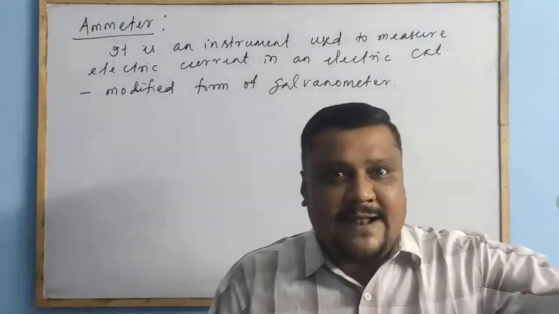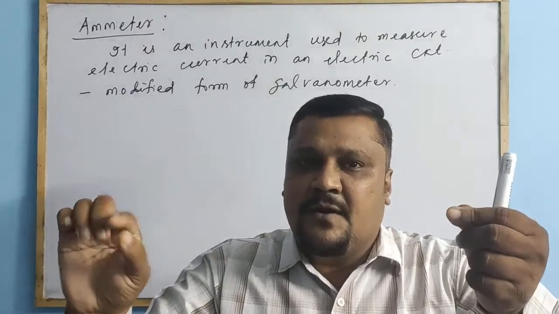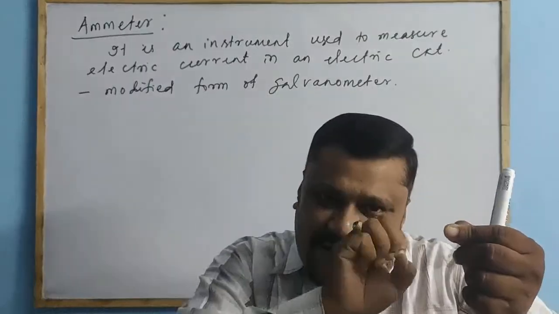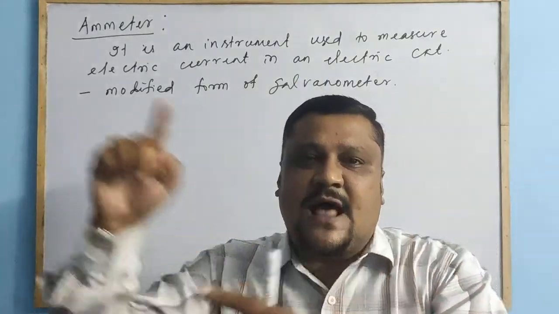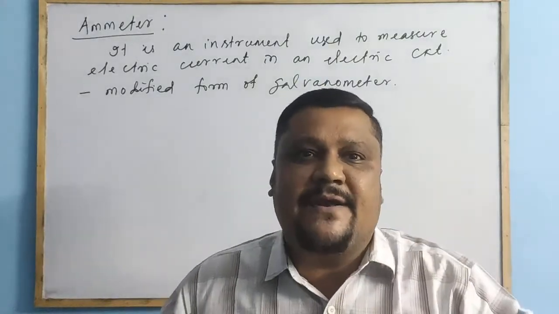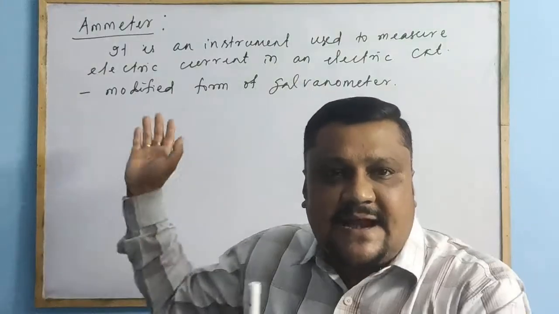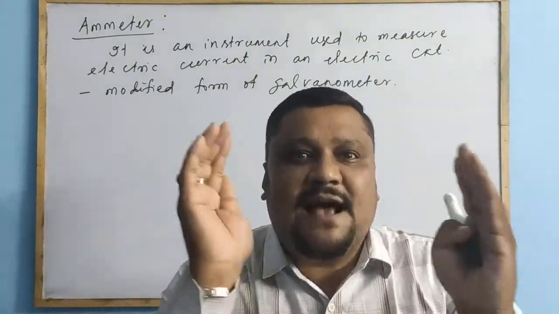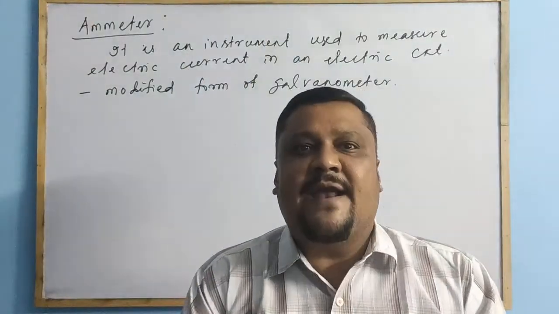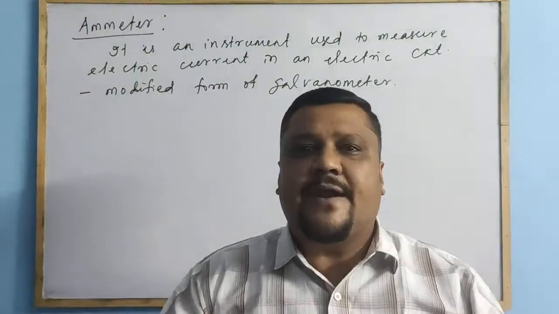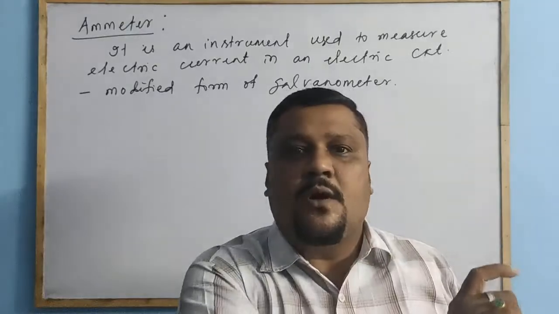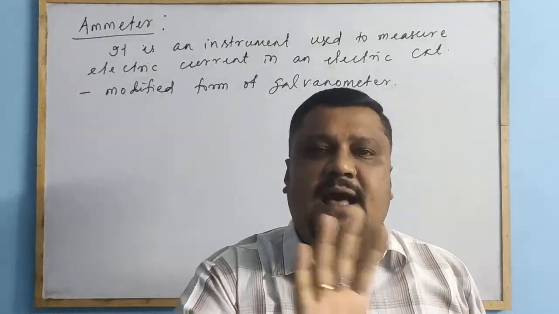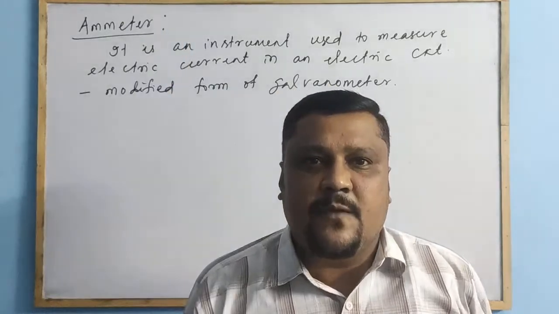When the current enters the galvanometer, because of the resistance in the galvanometer, some current is decreased. So the output is not what the current enters. These devices are used to measure the current, not to decrease or increase the current. How much current is in the circuit, I want to measure that value. I don't want to measure a decreased or increased value, right?